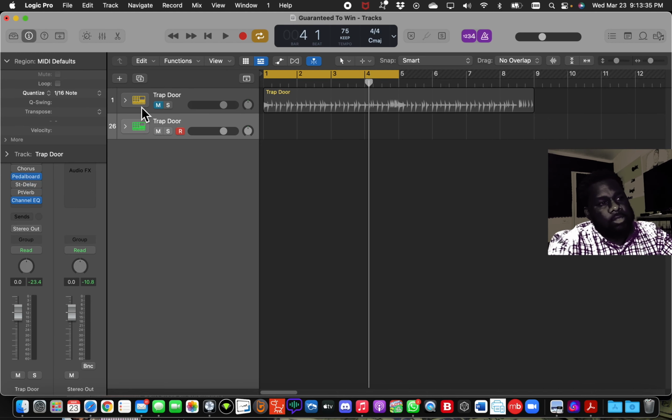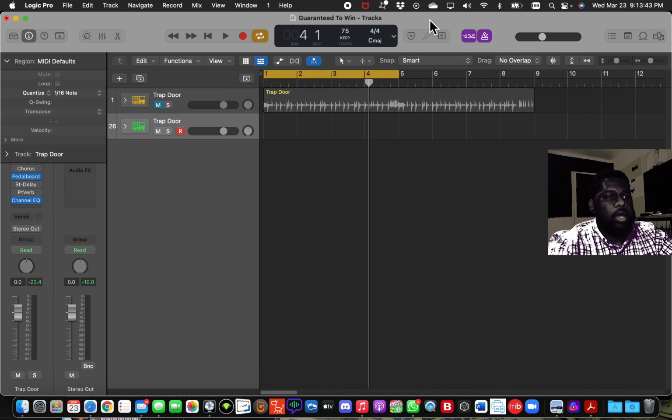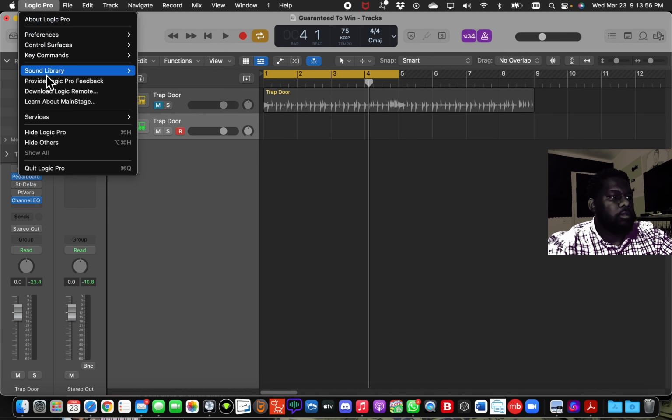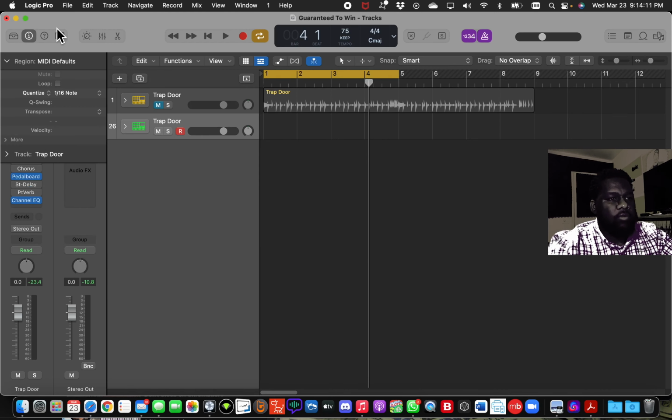And that is accessed through this menu and this arrow right here. First of all, if you don't have the complete mode selected on Logic, then it's not even going to allow you to see that. You're going to get a regular menu that looks kind of like GarageBand. You need to open Logic Preferences and go to Advanced, and then it shows you Enable Complete Features. Click that, and that gives you all the complete features. It's probably going to reset itself, do whatever it has to do, reopen, and then you'll have this menu,